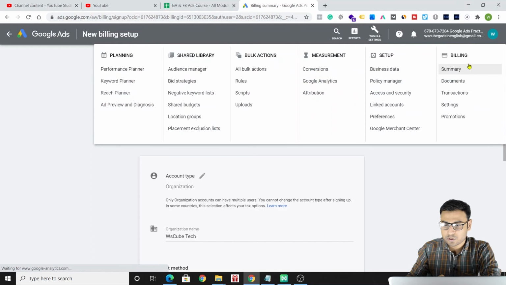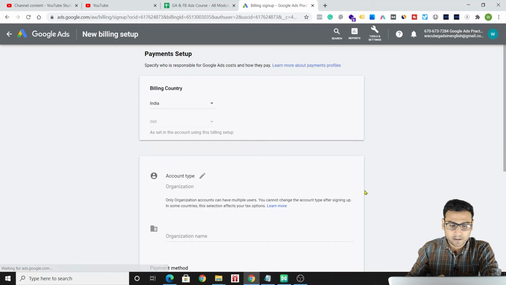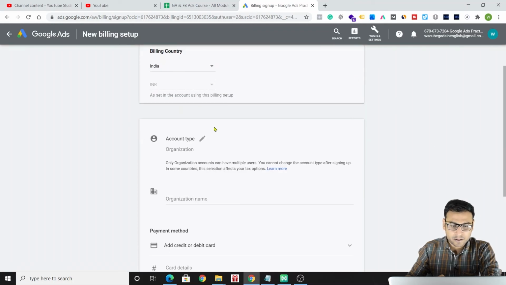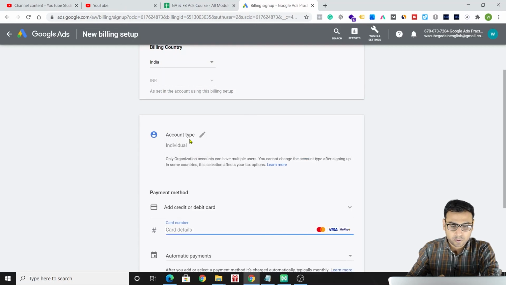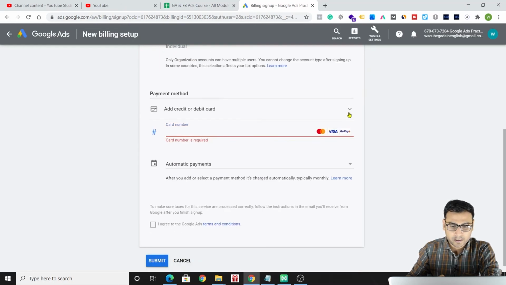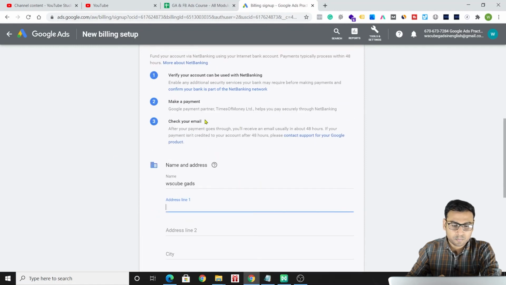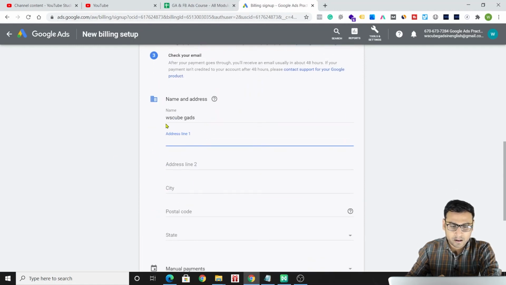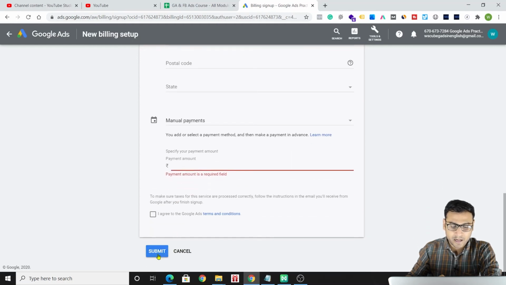Now once you set up all this and go to summary, you are going to see a very different kind of interface. We are seeing the same interface just because we haven't set it up yet, so let's do it. Let's go to individual right now and go to net banking. Then you have to put more information about your name and everything, then agree and submit, right?